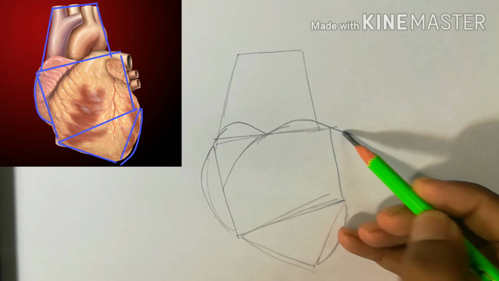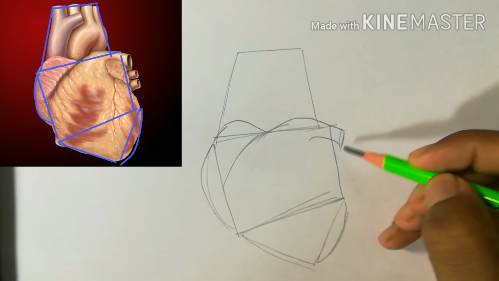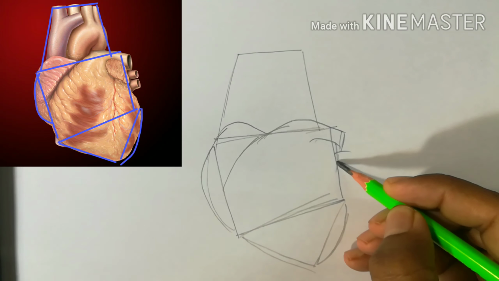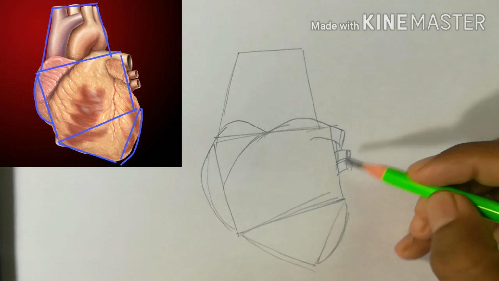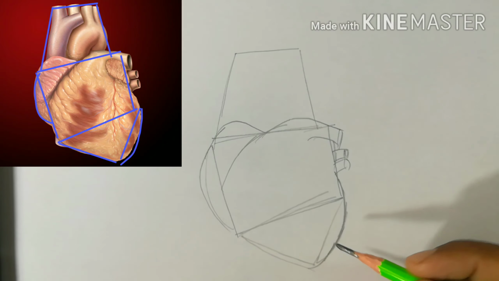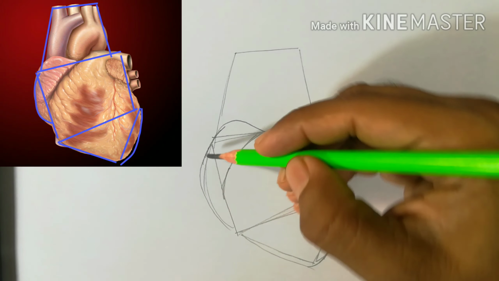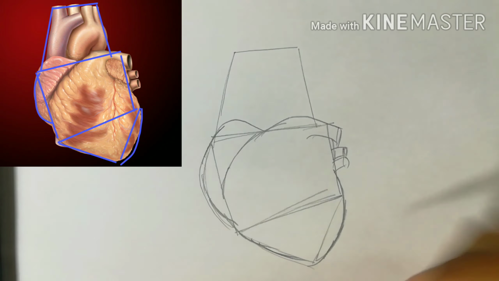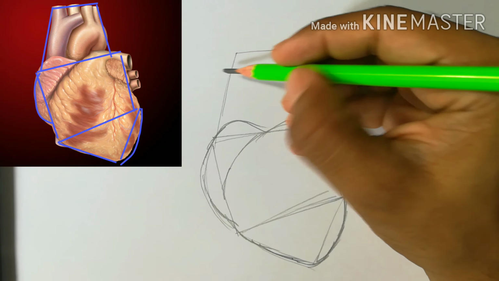Look, these complex shapes seem to be complex. Why? Because they are actually complex, right? But if we want to make them look simple, we have to see them as a combination of simple shapes. Just look at this figure. It is actually complex, but we can break it into some simple shapes, right? And after breaking it into some simple shapes, we can get the proportions correct. And our drawing is definitely going to look good.